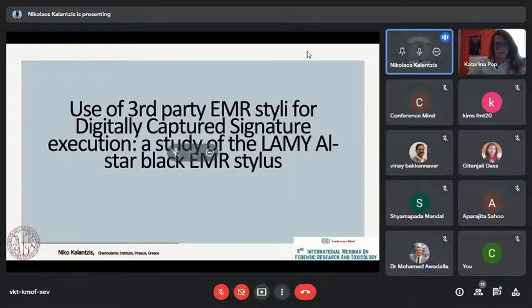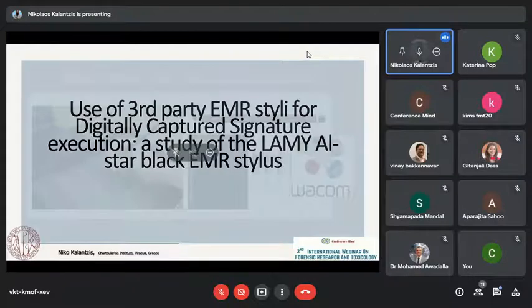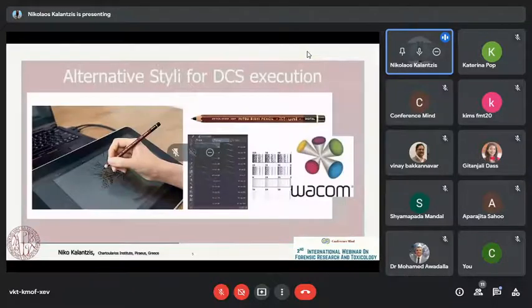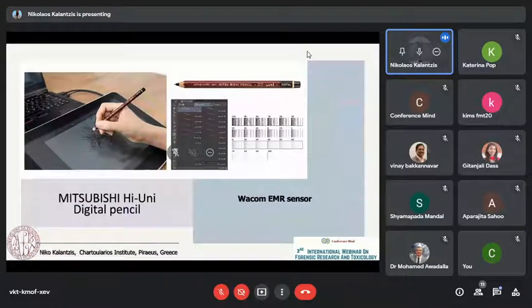We will be covering the general aspect of using third-party devices in this type of hardware solutions, and we will be focusing on the Lamy All-Star Black EMR stylus. So, first of all, a small introduction. A few years back,